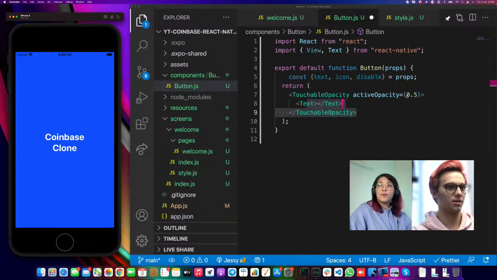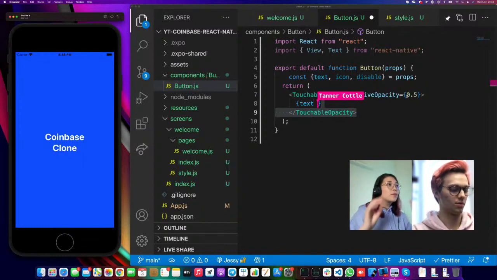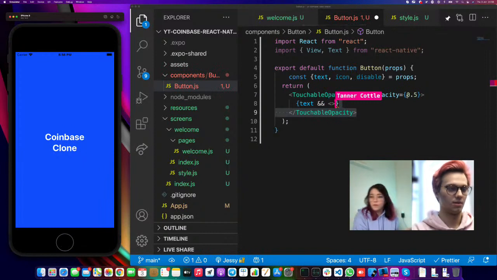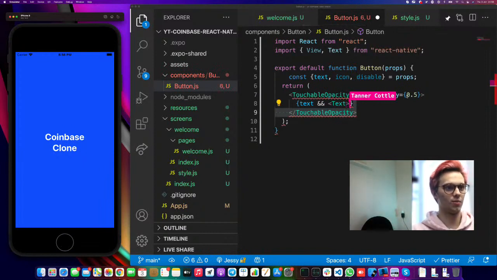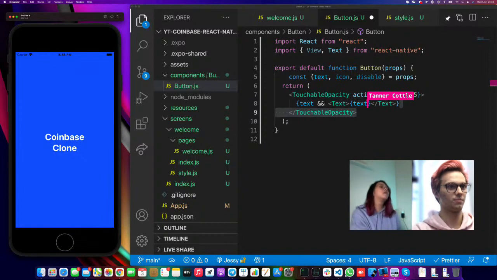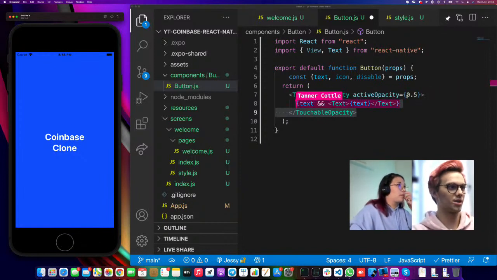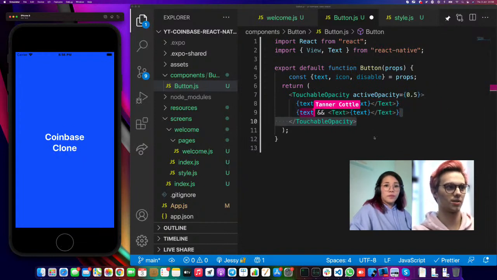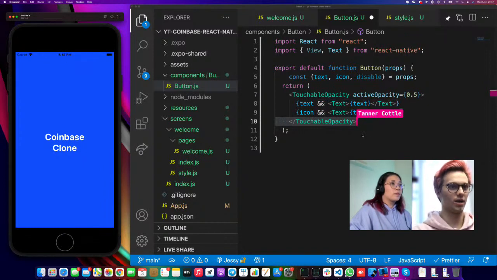All right. Next, let's get rid of this text. What we're going to do is say, if we have text, might not have text, so if we have text, then we're going to pass the text into a text field. Okay, guys, so let's go ahead and load up the text in here. And I'm just going to copy this line because what we're going to do is actually something very similar. We're going to say if we have an icon, then pass in icon. Well, actually, we don't want this to be text, right? So we're going to say